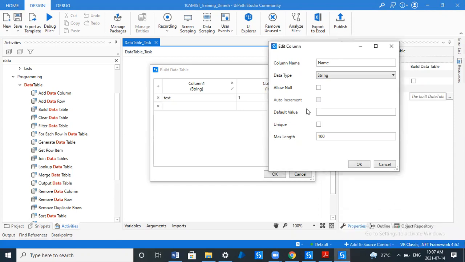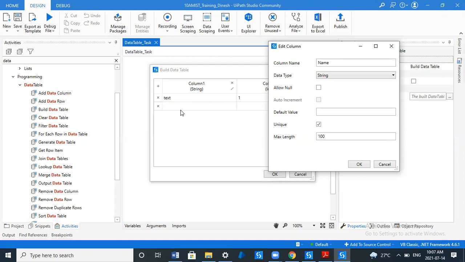Thank you. So hopefully you got all these sections in a column. The default value we will provide in some time. Unique means do you want to allow duplicates in this column or not, which you can control here. Unique means there is no duplication. If I click the check mark, it will not allow any duplicate values in this column. Let's say I have provided the name Raghu here.